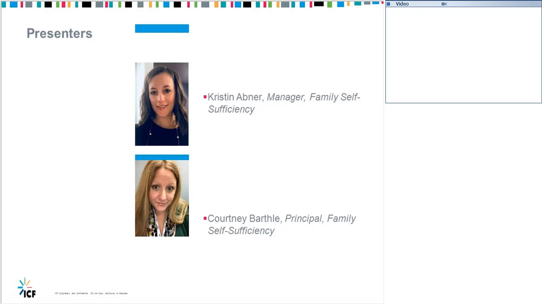So Courtney has 18 years of experience working with low-income and at-risk families and communities. She has a Master's of Public Affairs, and she provides strategic guidance, subject matter expertise, technical assistance services, and research support on a variety of TANF-related projects. And this is the really impressive number: she's designed, delivered, and evaluated over 100 technical assistance and training initiatives.